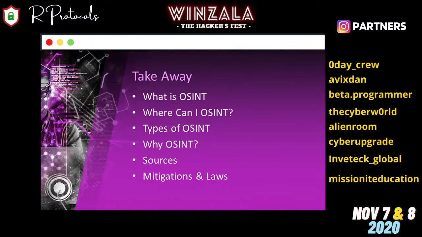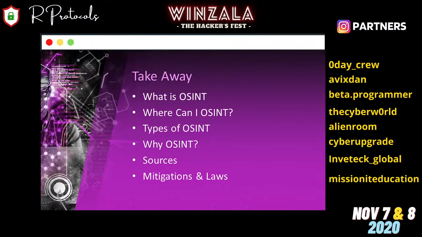What we are going to learn today is what open source intelligence is and where we can use it, what the types of open source intelligence are, as well as why we should use it. For practical knowledge, we have sources which contain plenty of websites as well as tools to perform open source intelligence.